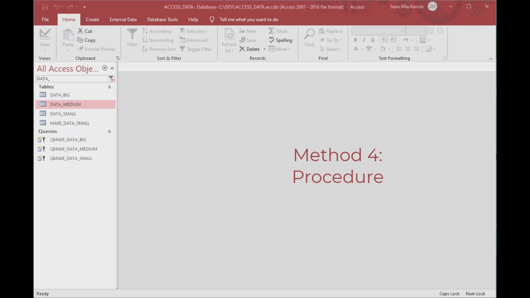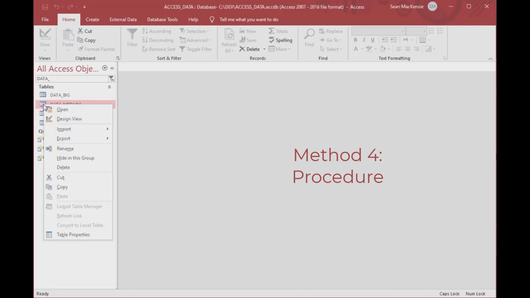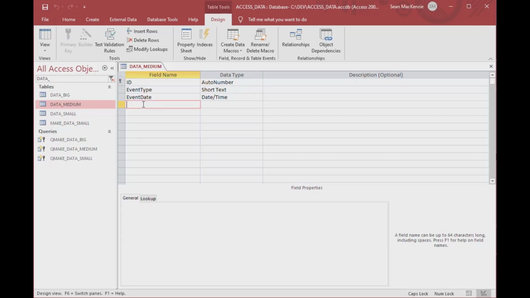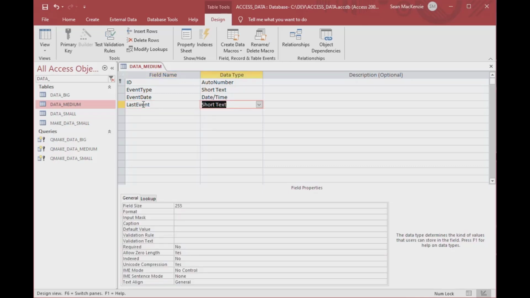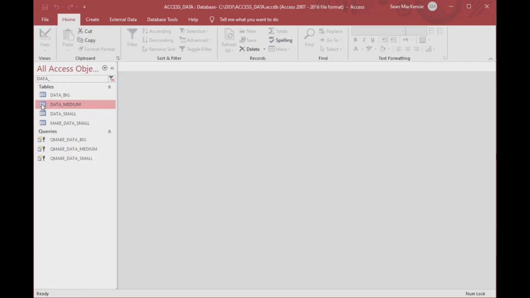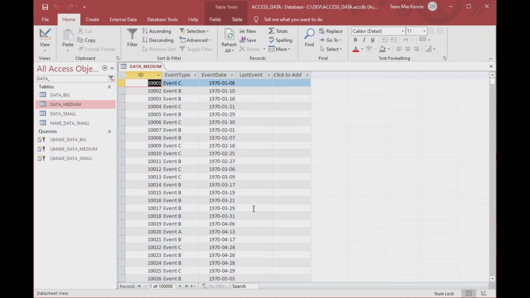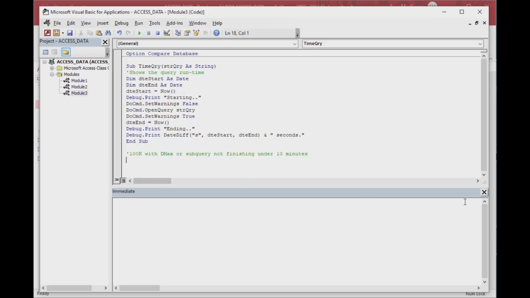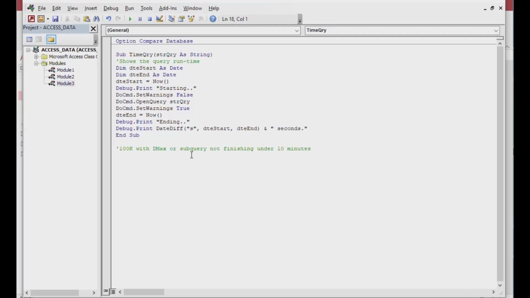So in our fourth method that we're going to try today, and our successful method, is to actually use a procedure instead of using a straight query. And so what we're going to do is add a field to our data medium table, and that has 100,000 rows in it. We're just going to say that we want to have the last event date field in that table, and then in order to fill those values in there, we're going to write a short procedure to calculate the lag